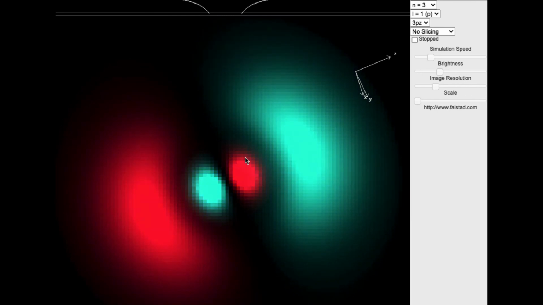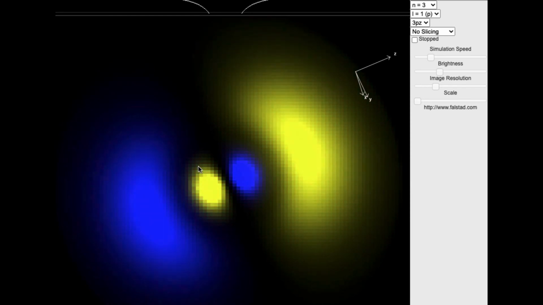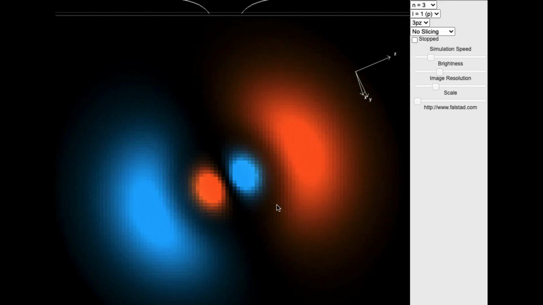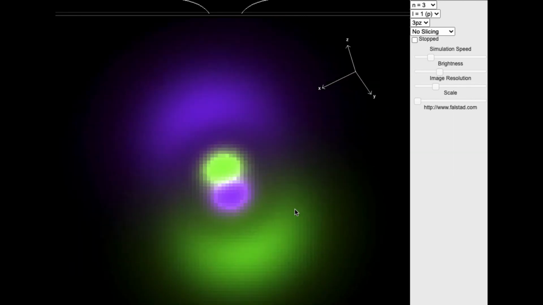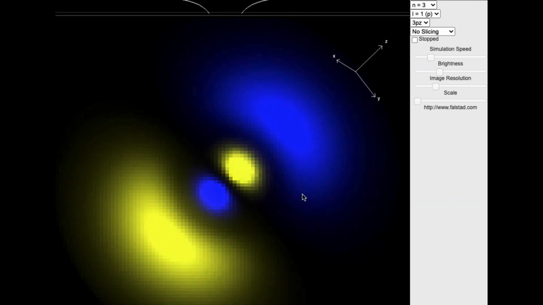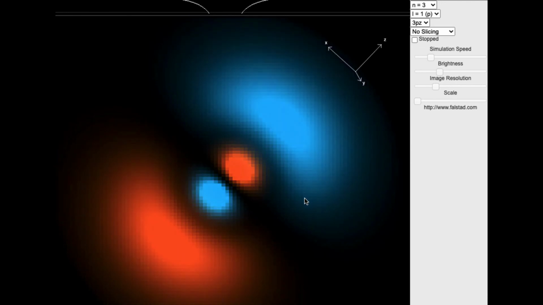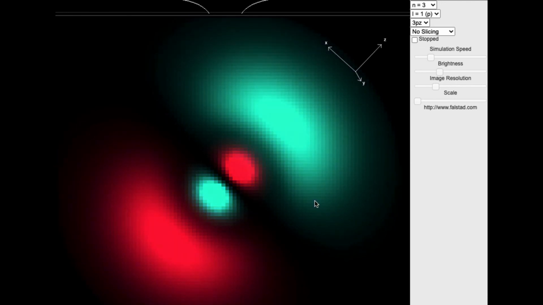The nucleus would be located right here in the middle, and we've got some probability over here and some probability over here. But these lobes are now separated by yet another node, as we would expect, because we've jumped up to the n equals 3 state. Okay, so again, these are Schrodinger's solutions for all these different states, and they go way beyond Bohr's simple orbit